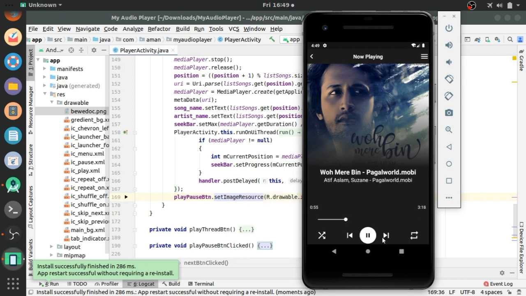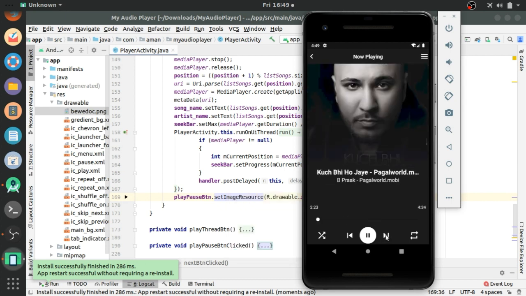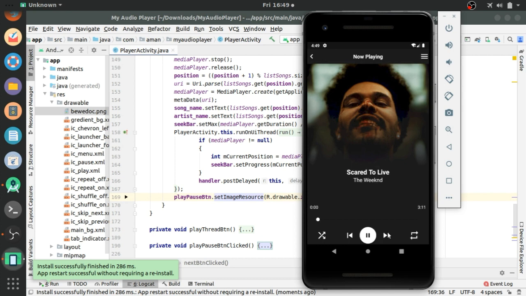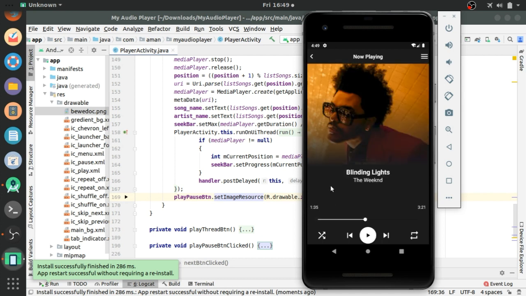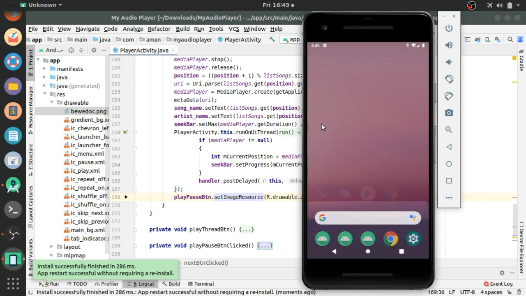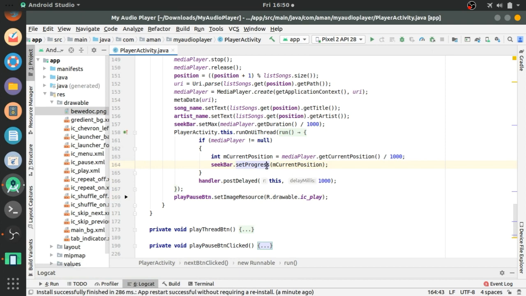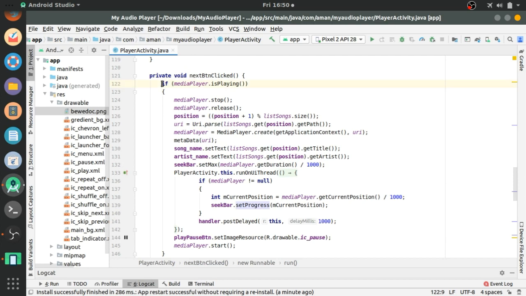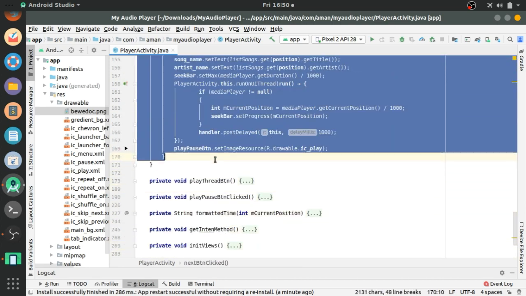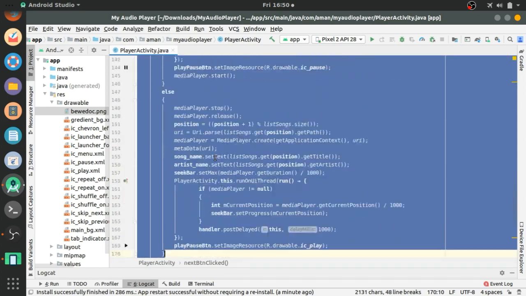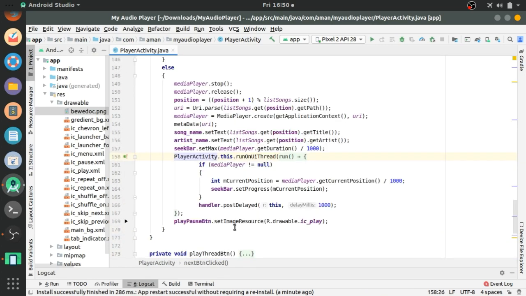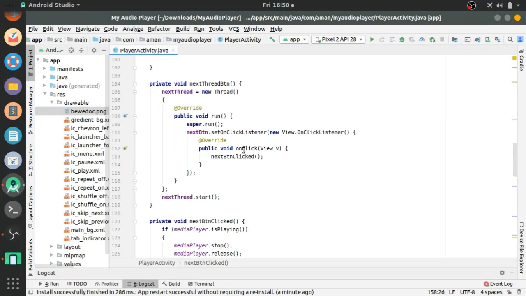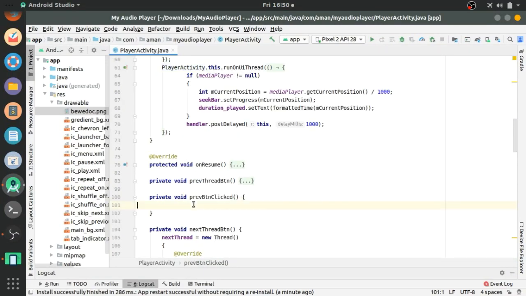You can see the media player is playing and we can perform the next button click. So now we have to implement the previous button in the same manner that we have implemented the next button click. Just copy the whole if else statement from the nextButtonClicked method and paste it in the previousButtonClicked method. Where is the previousButtonClicked method?